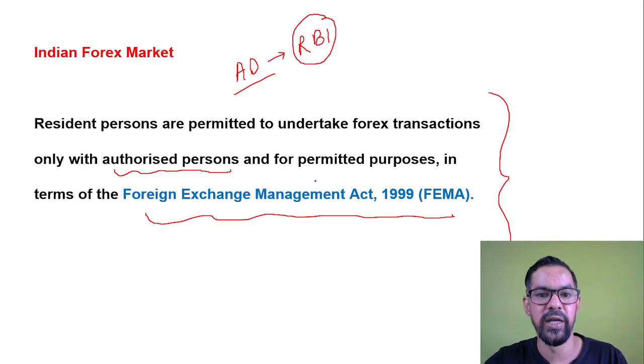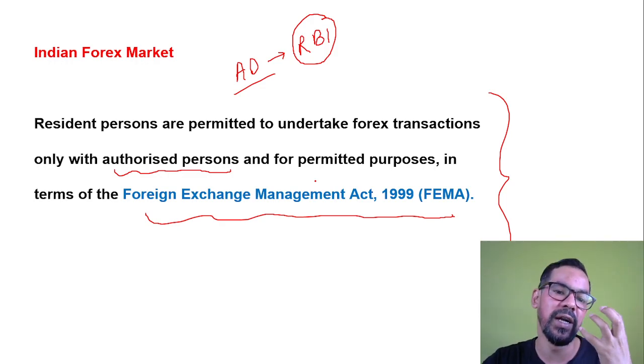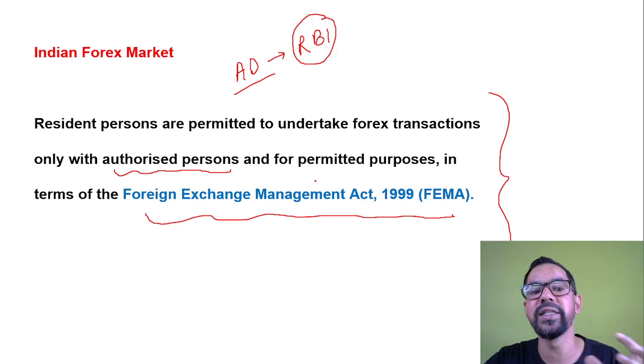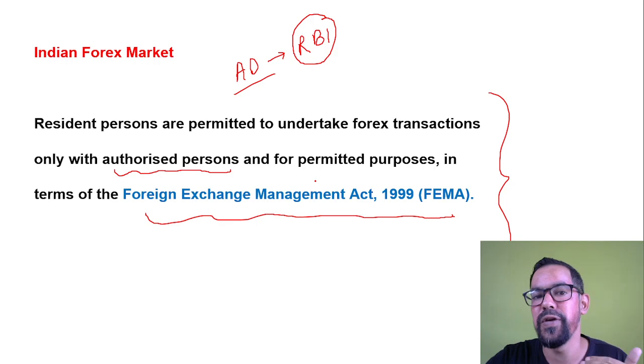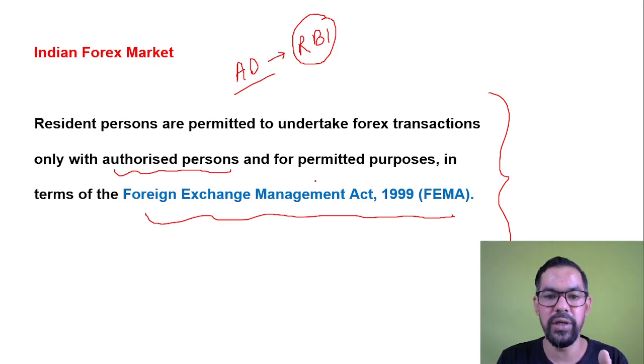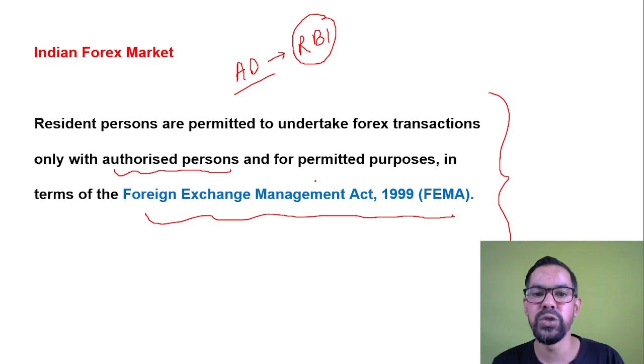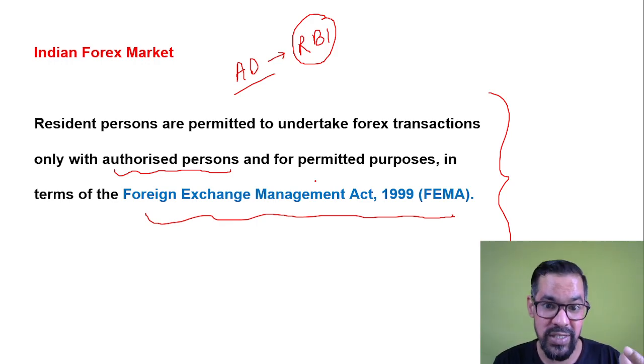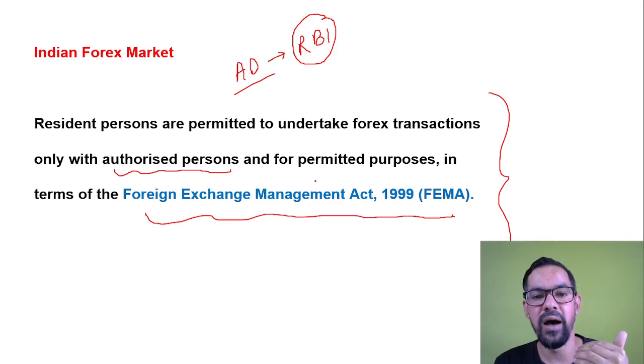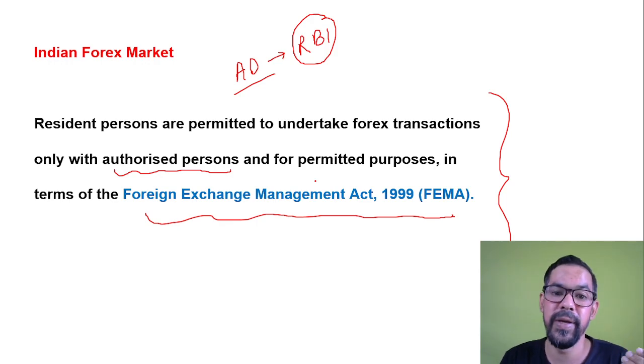Or some other currency as well, and the market where you do the transaction is known as the forex market. In India it is governed by RBI, and we have a separate act known as the FEMA Act. If you visit an airport, I hope you have seen entities who exchange domestic currency into foreign currencies. They are called authorized dealers, and they are licensed by RBI and follow the guidelines of RBI as well as FEMA.